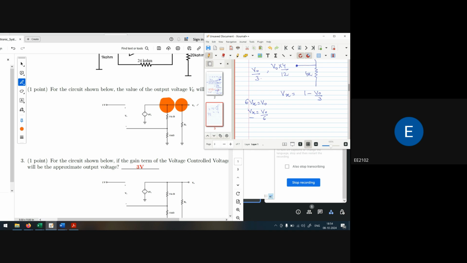If I put the value of Vx in terms of V0 by 6, then V0 by 6 is equal to 1 minus V0 by 3. Taking it to the left side, V0 by 6 plus V0 by 3 is equal to 1. V0 by 6 plus V0 by 3 is V0 by 2, that is equal to 1. This implies V0 is equal to